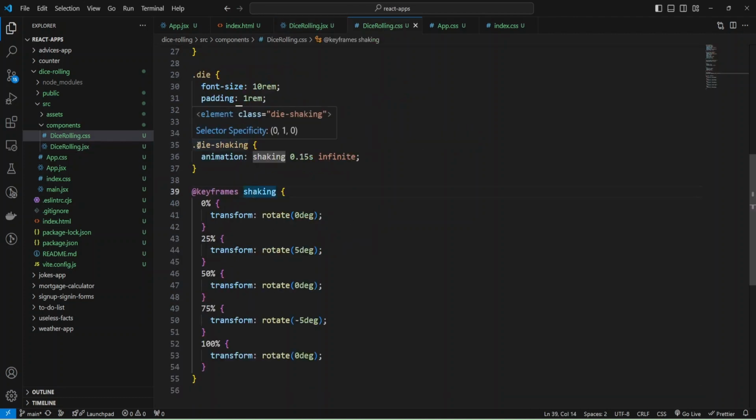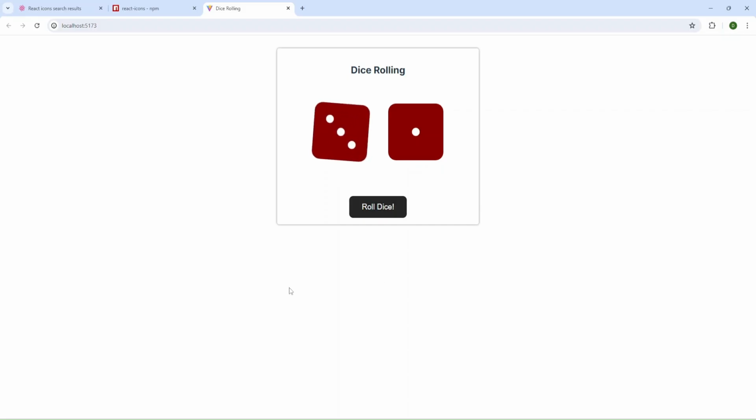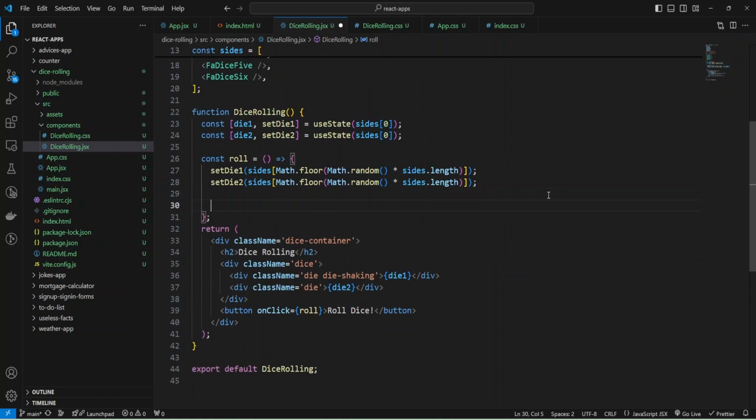And let me add this class, die shaking, to our first die, and let's check what we have. And as you can see, our die is shaking, but it is shaking constantly, and we need to shake it only when we press roll dice. And for that, I'm going to add some timeout, and let's do it.